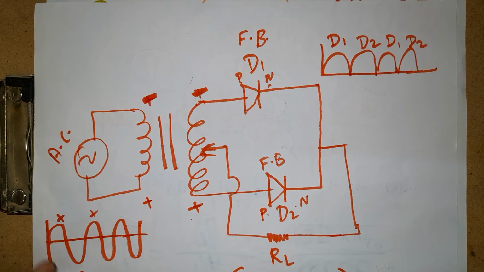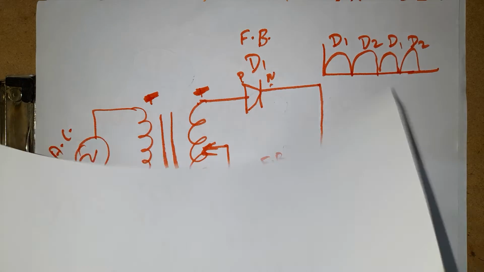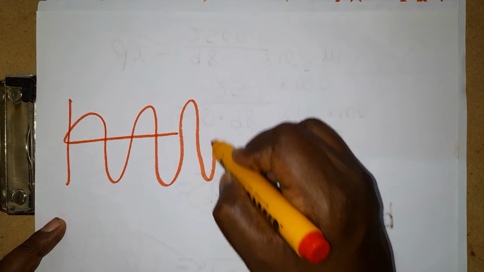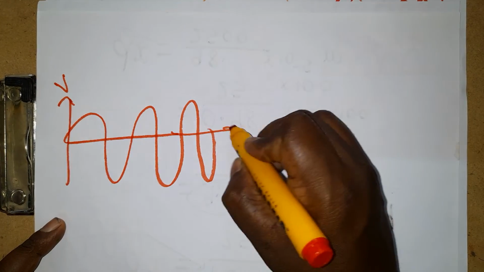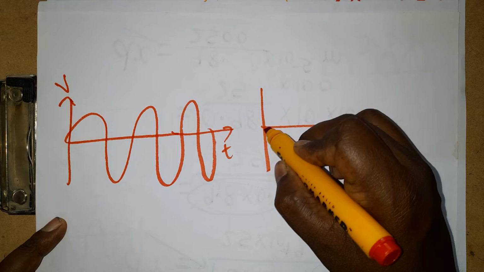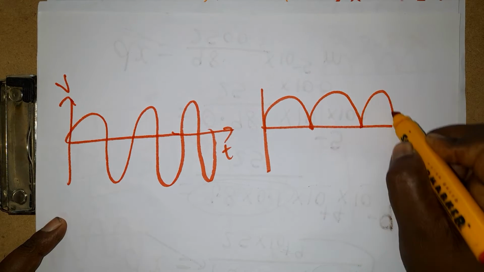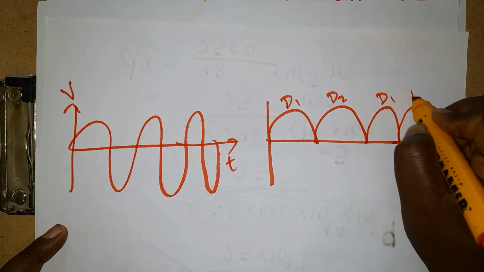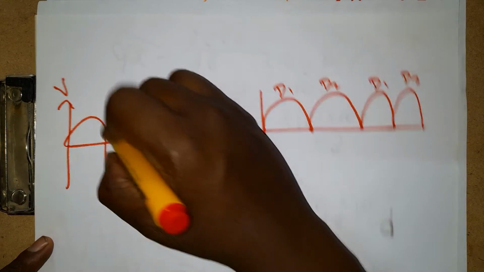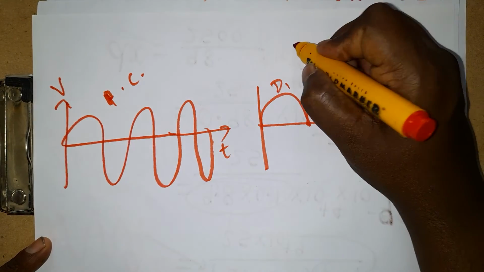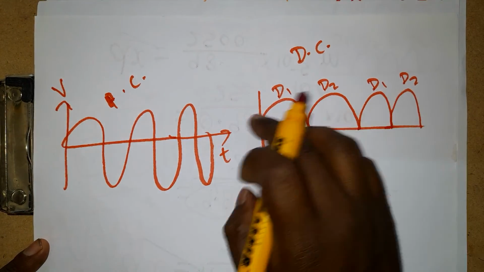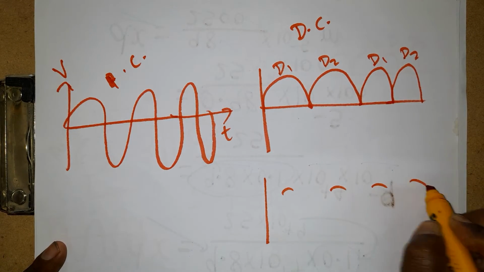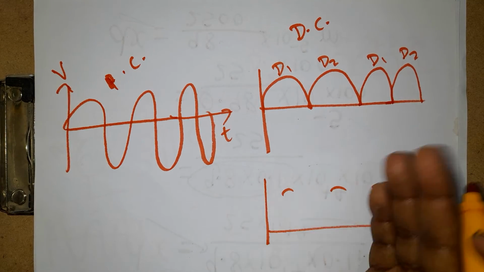Now the full wave AC is converted to DC. Here it is voltage versus time. The same graph, D1 D2 D1 D2, is called a full wave rectifier, which helps us convert AC to DC. The input is AC and we have to get DC. To get DC, you should filter the lower range of this graph. If you use the filter, you get only the higher range, which is taken as DC current. The polarity does not change.